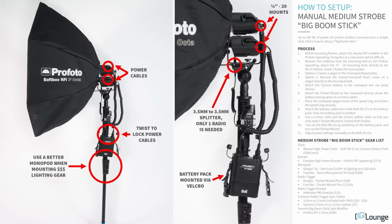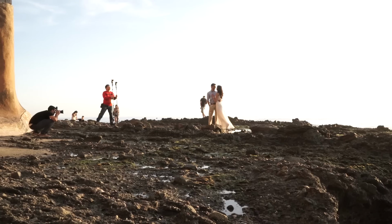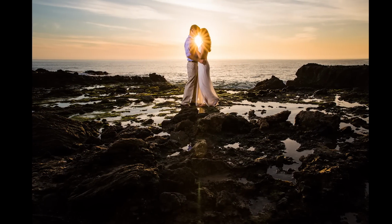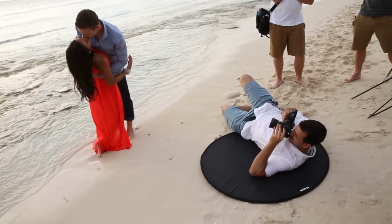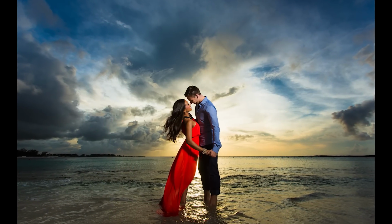Then, after gaining an understanding of gear and troubleshooting that gear, we dive into our shoots and we dive straight into the deep end because that's how you learn best. In fact, we start chapter 3 by teaching several different bare bolt flash techniques. The first one being how to overpower the sun by using one or even stacking multiple sub $100 budget pocket